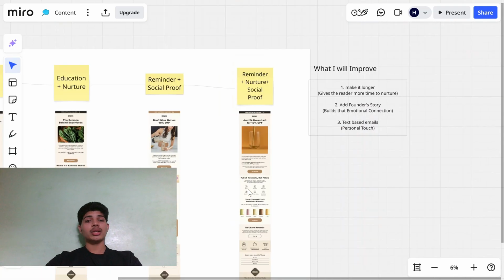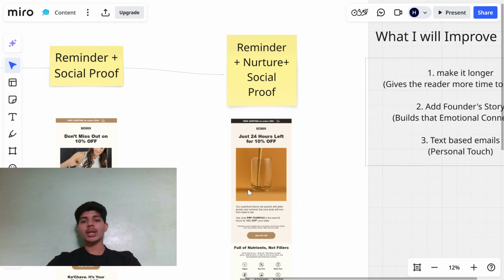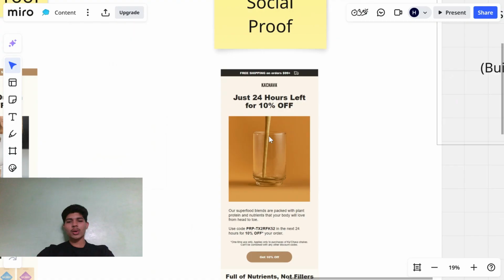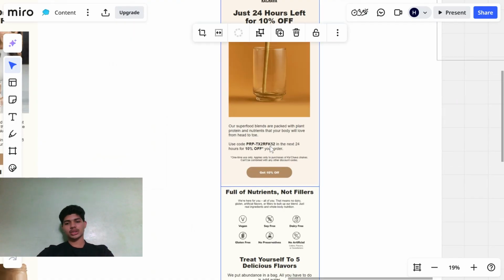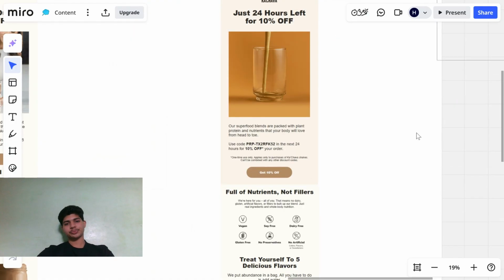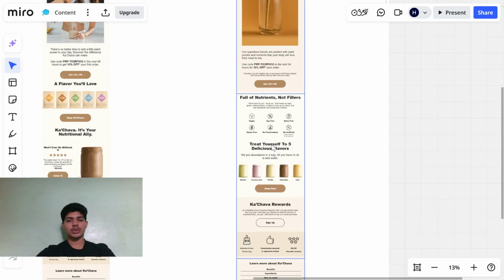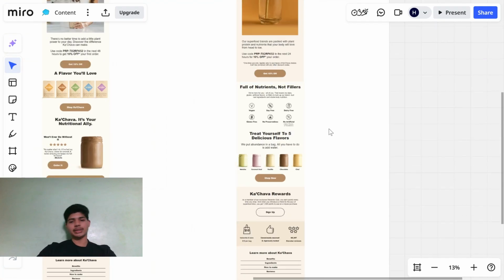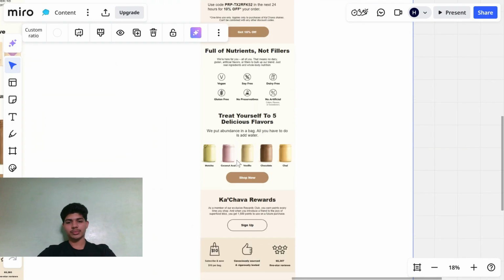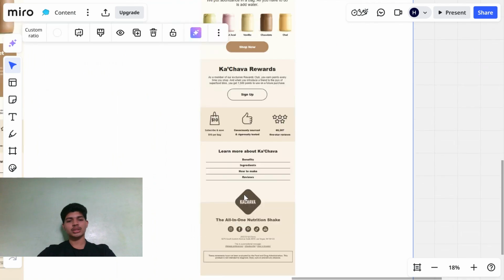In the last email, they give you a reminder, obviously. They nurture you with education and social proof. Reminder, a normal one. This part is almost consistent across all their emails. They educate you and showcase their USP with the help of icons, which is a great way, must say, to educate and make your emails more engaging. Then we have different CTAs, and this footer is consistent.